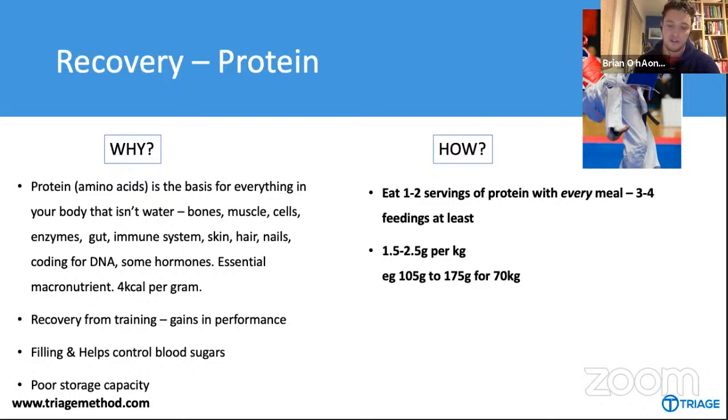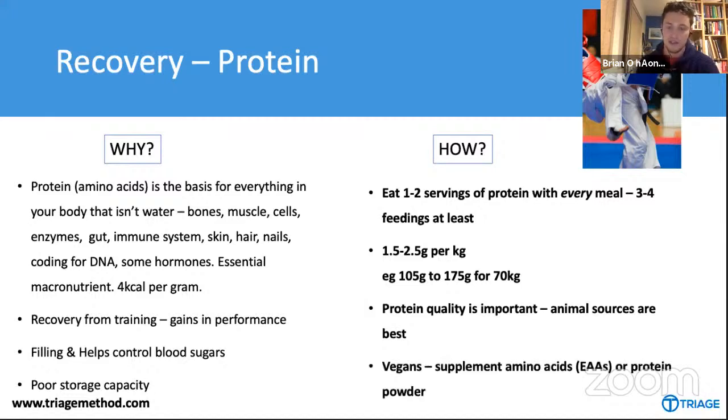So it's one of the first things that I'll work on with anybody that I coach, and generally leads to, you know, pretty good results. The quality of protein is important, and animal sources are best, and this is defined by how well your body uses them and also how many of the key amino acids are in them. So in this context, animal proteins are best and are slightly superior to plant sources of protein.